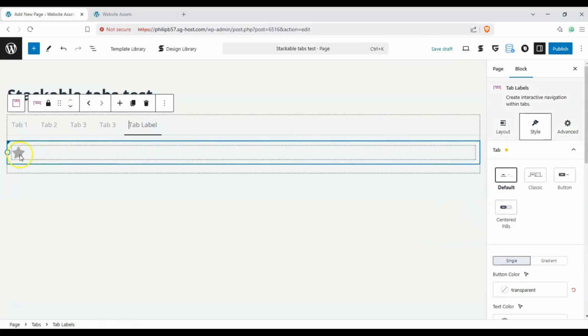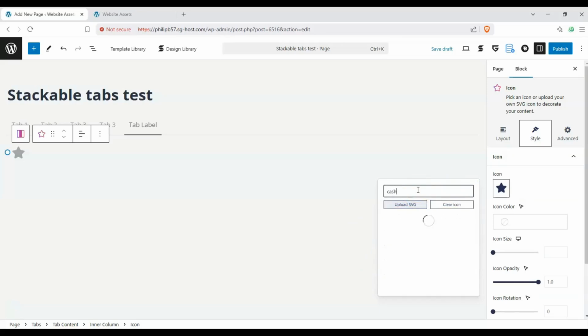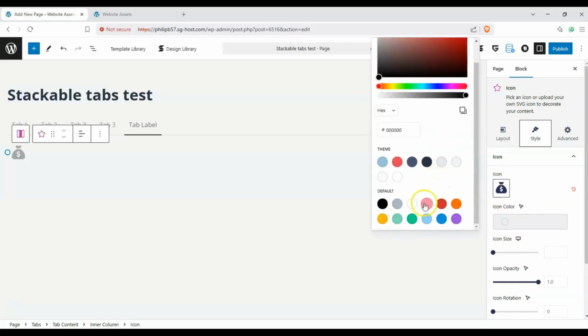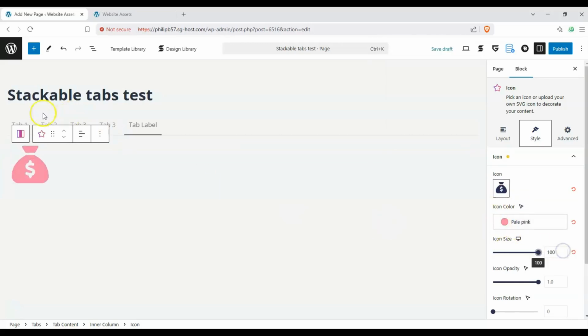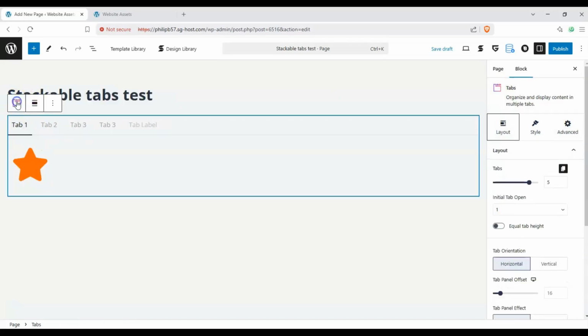And then this last one, whatever is up here, cash. Okay, and let's make this pink. Okay, perfect. Now we have our elements. Don't mind these. These are just icons that we added on there, just so you can see that we're going through different tabs. Now let's go ahead and customize our